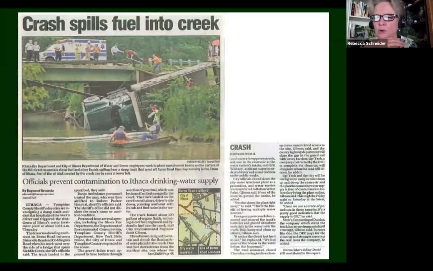So knowing the water depth is really useful. It tells us a lot about what organisms are experiencing, and it's useful to us if we're thinking about building a house right next to the creek and want to know whether it's going to flood or not. But it would be really useful also to know something about the quality of the water that's moving through the creek. So, for example, here's a news article about a truck that broke through the bridge and fell into the creek